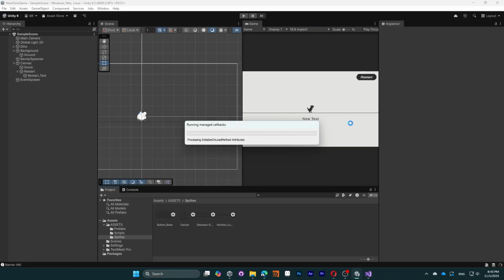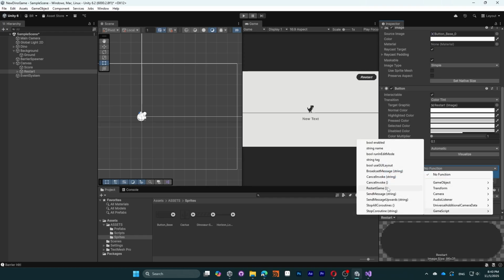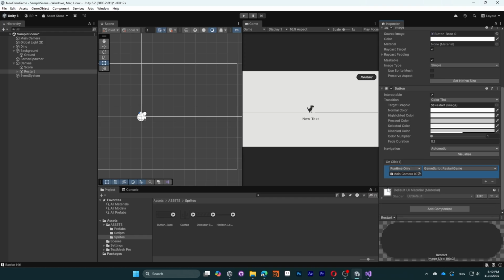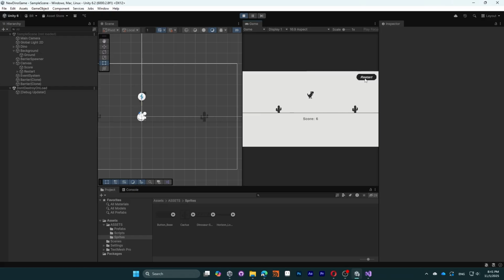On the restart button, go below and you will see the On Click property. Drag the main camera in the empty place below and it will automatically outline the game script. Open this tab and in the game events option, you will find the RestartGame function. Click on it and pressing the button will run the script. There you have it. The final game is done. Play the game and pat yourselves on the back as you have created something that can be played and enjoyed